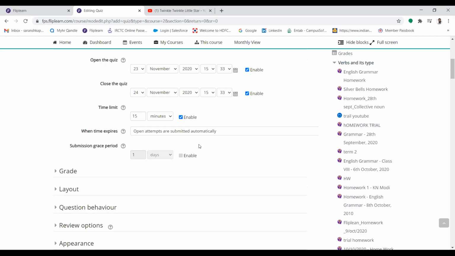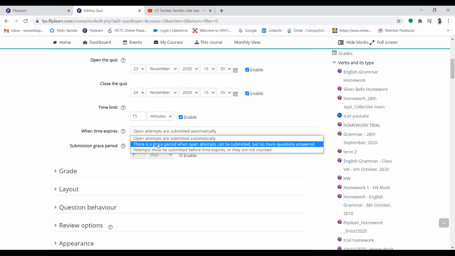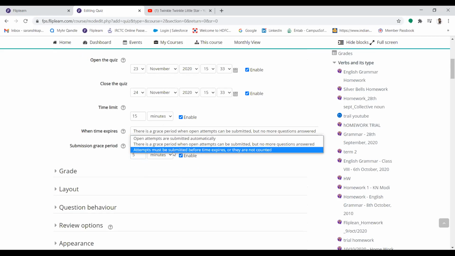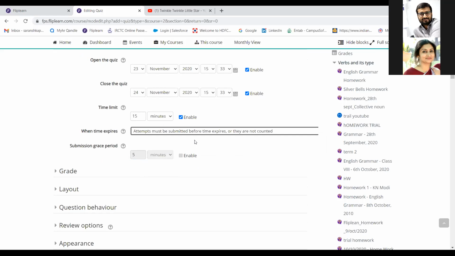So the open attempts will be submitted automatically in that case. Second option is there is a grace period. As a little lenient teacher, I can give them a little grace period, say of 5 minutes, 10 minutes, whatever I want. Or as a strict teacher, I want attempts must be submitted